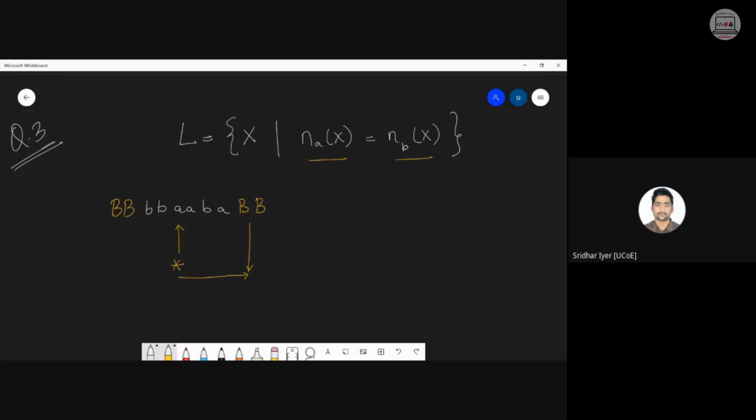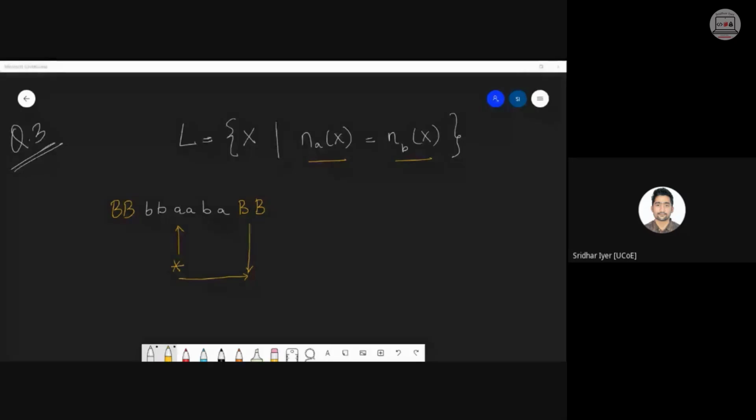Obviously, every question is having a different set of logic. This problem can be solved with any other logic also. But this is what I found to be the most efficient logic, so I'm using this to show it to you. Okay. Now you only tell me what should I do in this case.